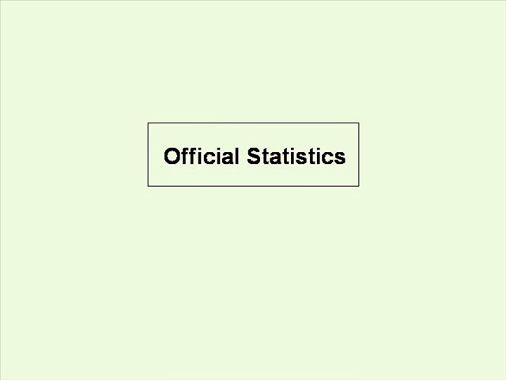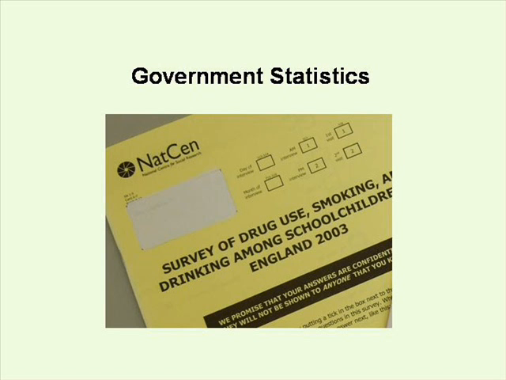Now we come to official statistics. Many organizations publish statistics, but official statistics are published by the government and are a byproduct of the processes of running the country. Planners need to know how many children are born in order to plan education, housing, leisure facilities, and so on. Thus the government collects information on most areas of life, from births, marriages and deaths, to educational achievements, health and welfare, crime, and many, many more.